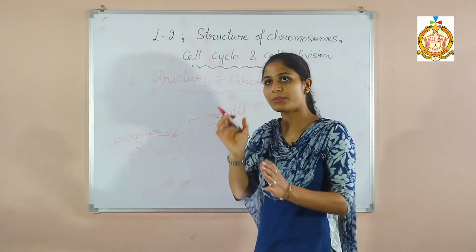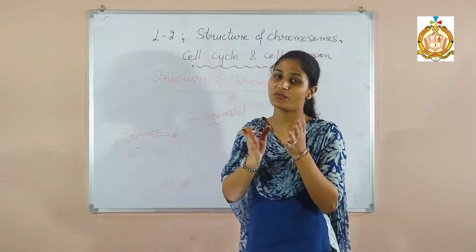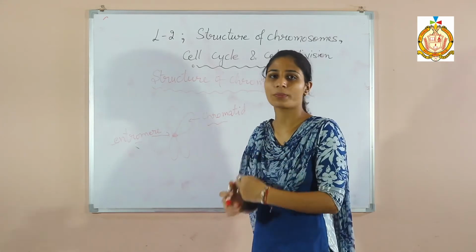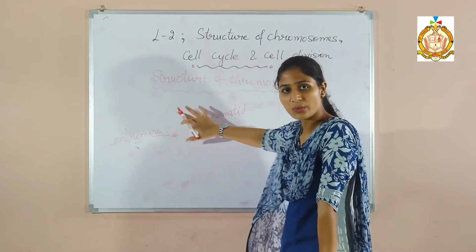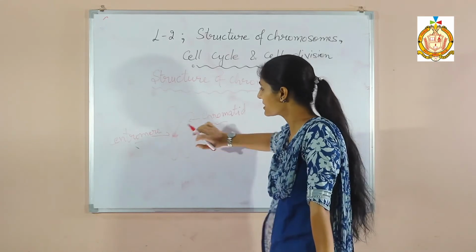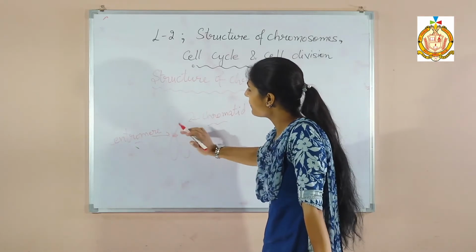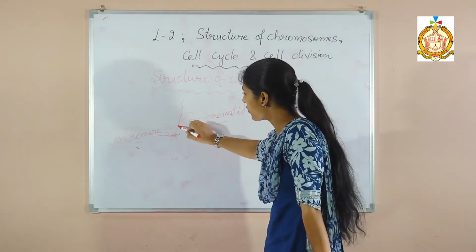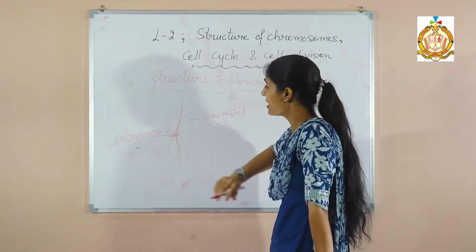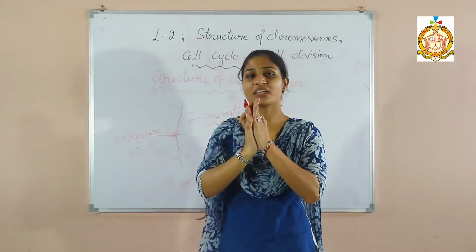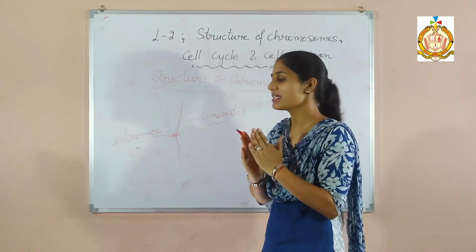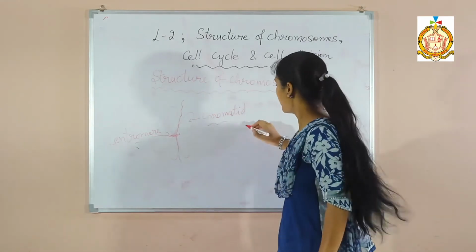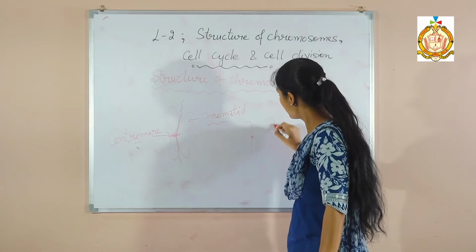Spindle fibers are the fibers that are formed with the help of asters. I will explain this term in the cell division topic when we discuss it. So the spindle fibers surround it and attach with the chromatids, and afterward the spindle fibers are totally attached with the centromere, and that is responsible for the division of the centromere. This centromere starts splitting from the center, and afterward this chromosome is converting into 2 separate chromatids. Here is the formation of separate chromatids.